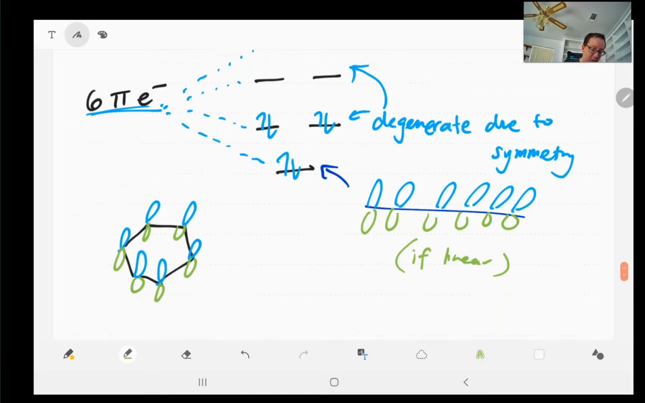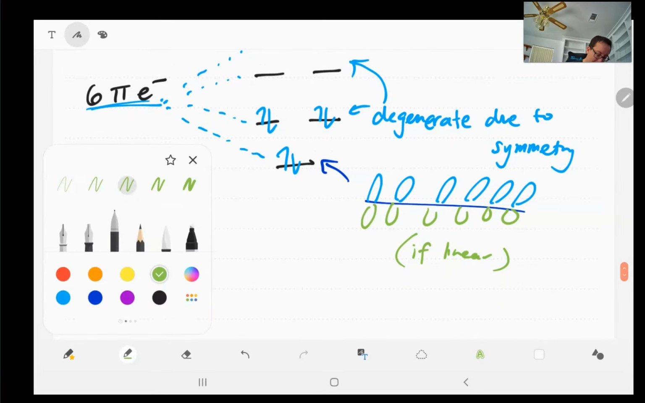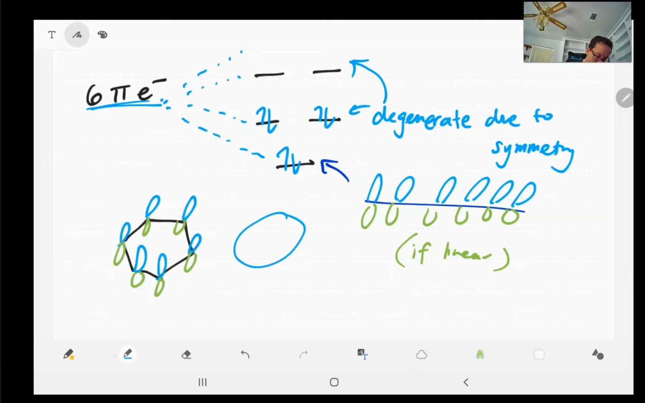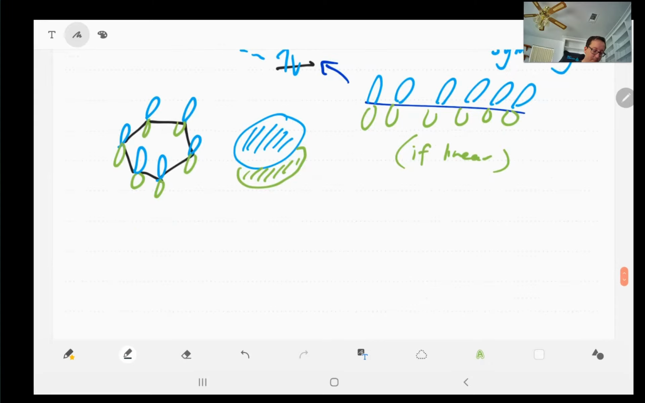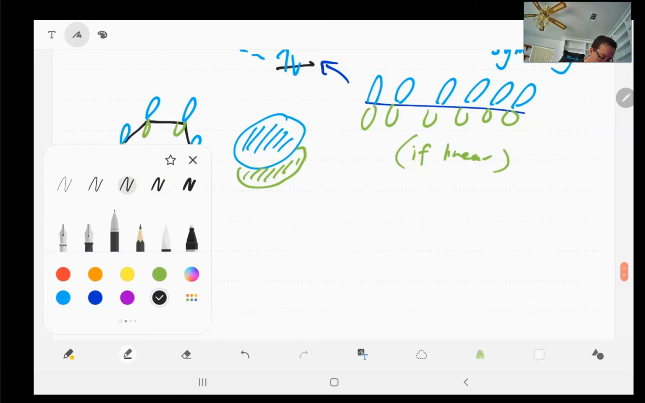So our lowest energy one is going to look like this, where we have a complete blob of blue on the top and a blob of green on the bottom. So we have complete overlap on the top, complete overlap on the bottom for our lower one. For the next higher ones, the HOMOs of benzene, we're going to have nodes in them. And because of the symmetry of the molecule, we could put our node